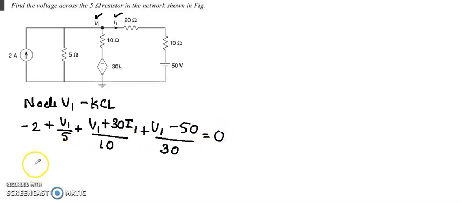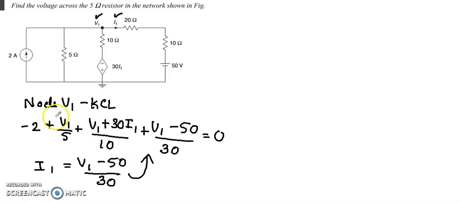The second unknown here is I1. How can we write I1? We can write I1 is equal to, from the question we can see that, V1 minus 50 by 30. So we can put I1 here. Therefore, there is only one unknown. Finally, there is only one unknown and therefore the equation will be like